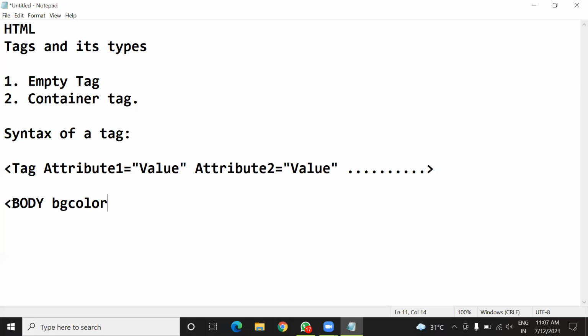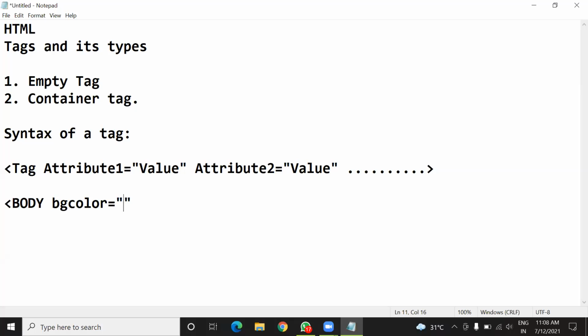So it is one of the properties of the body, no? So here it is bgcolor. This bgcolor actually becomes your attribute 1 here, and then this bgcolor will have a particular value. Before putting the value, you have to put this equals to symbol, and then inside double inverted commas you have to put the name of the color which you want in your web page.